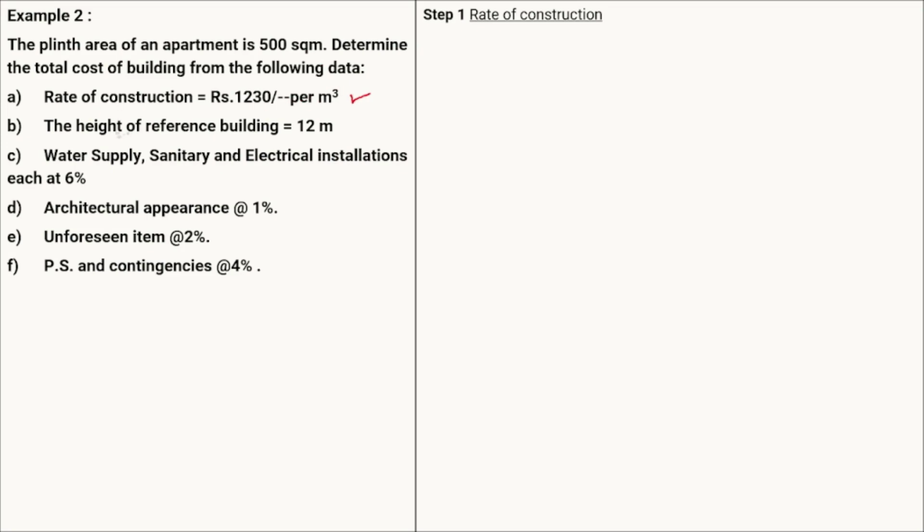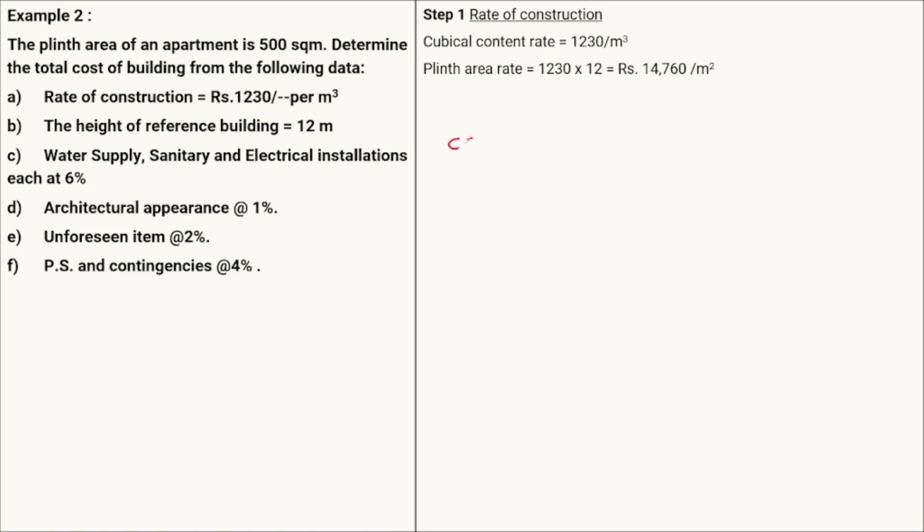Now the height of the reference building is also given. So from the height of the reference building we are going to calculate the Plinth area rate for the proposed structure. Okay, so the cubical content rate is given as 1230 per meter cube. Now the Plinth area rate will be equal to, okay, now we know that the cubical content rate